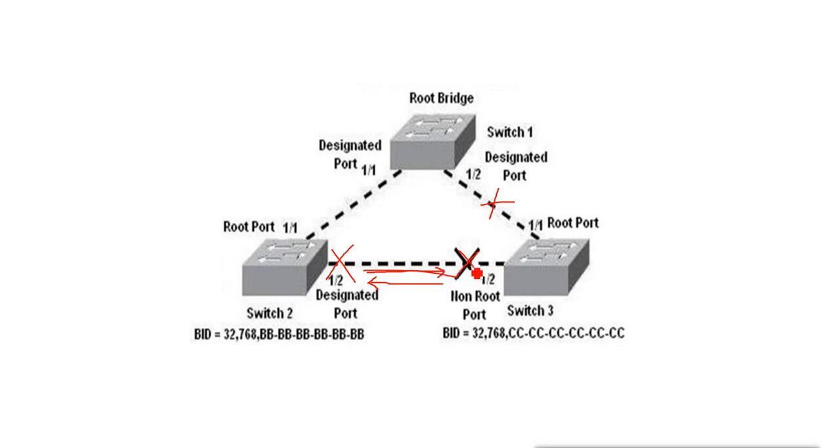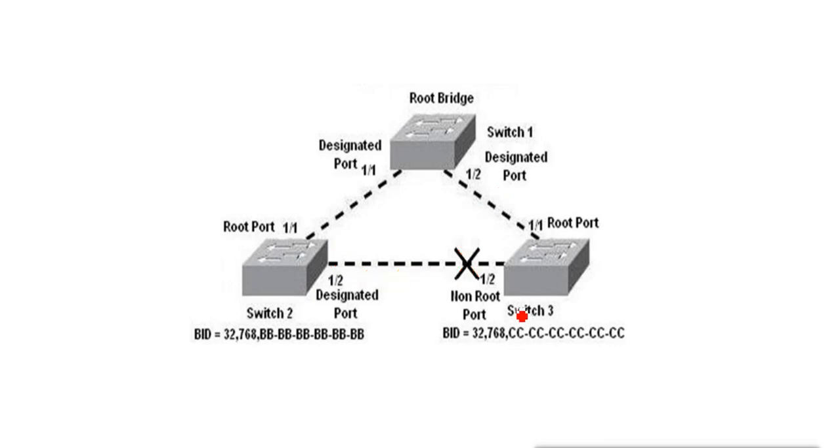But how will it enable? Because there is no option coming from the other side. No information for the port is coming from the other side, and no information is being sent from this side. So they will remain in blocking state and they will not enable the port if both are in blocking state. So when two ports face each other and one has to be blocked, at the same time both ports will not go to blocking state. Only one of the ports will go to the blocking state.